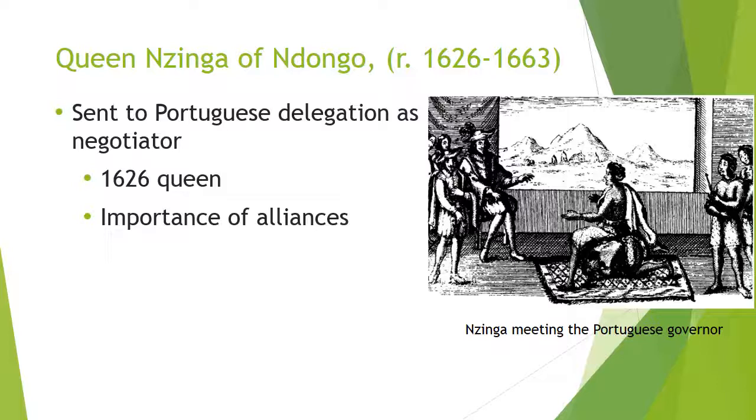They're really tired of the Portuguese, so they want to kick them out. And together, Queen Nzinga's army, along with the Dutch, fought against the Portuguese, having many successes. Now, the Dutch were eventually defeated by the Portuguese in 1648, and after that they left this part of Africa. They'll spend more time in South Africa after this. But Nzinga carried on the fight